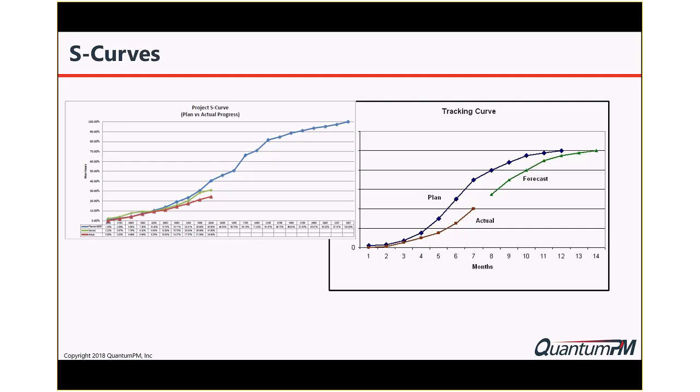The one on the right-hand side I found to be interesting because it allows you to put together a forecast of what you're going to have to do in order to catch up to where you expect it to be. This may or may not be possible, but it's a good exercise to go through to understand, okay, in the actual picture there, you can see in month 7, we're quite a ways off of what was to be completed by that point in time.